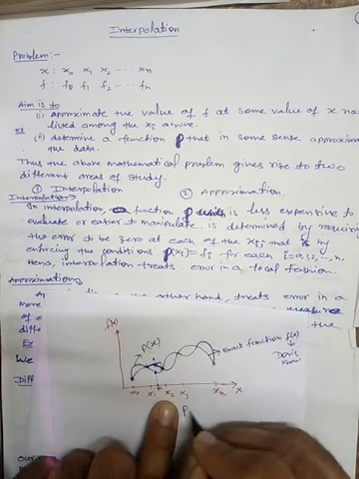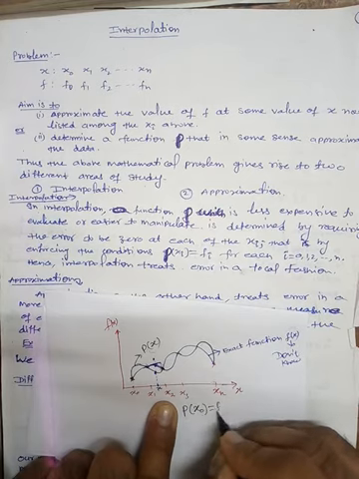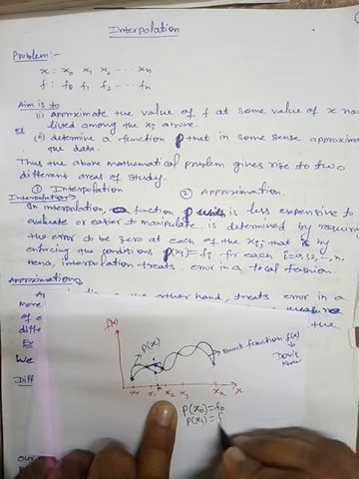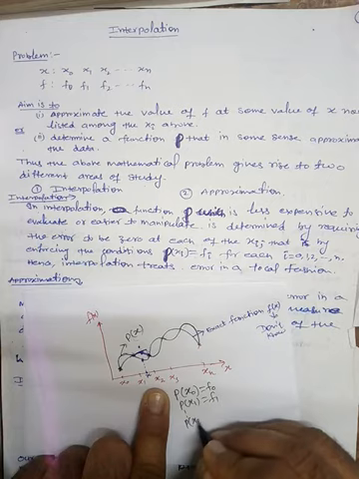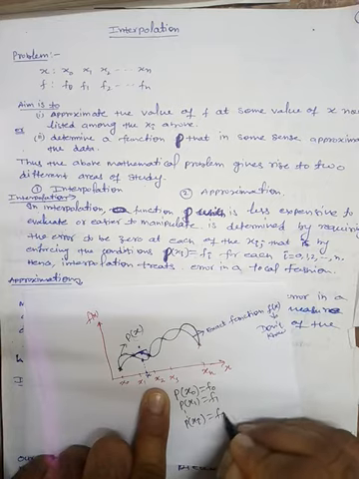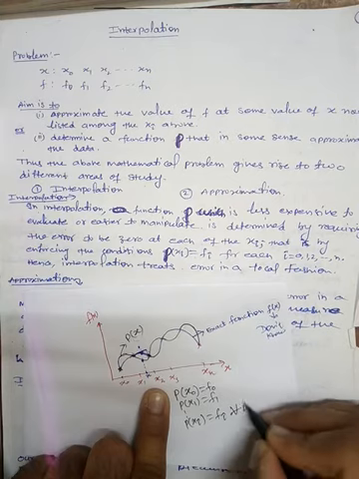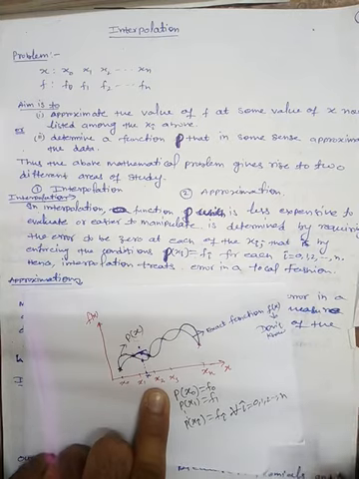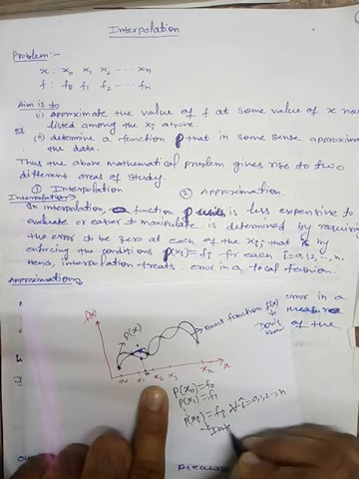So we can say that p at x0 is equal to f0, p at x1 is equal to f1, and hence p at xi is equal to fi. Both are the same, and this is for all i equals 0, 1 to n, and this is called